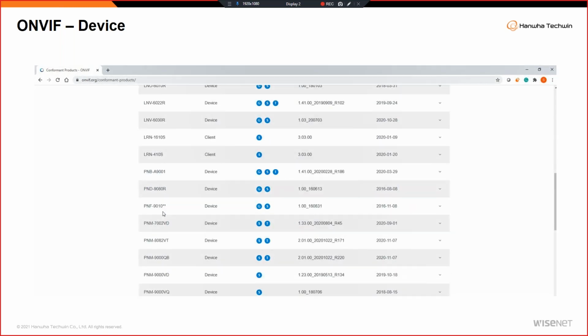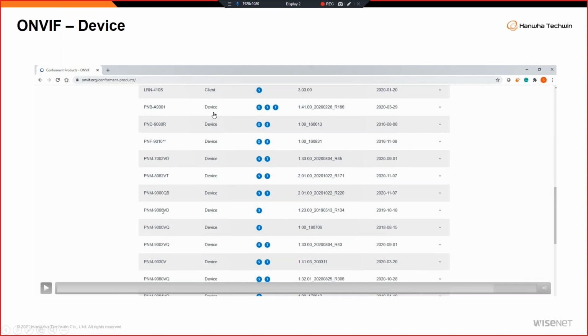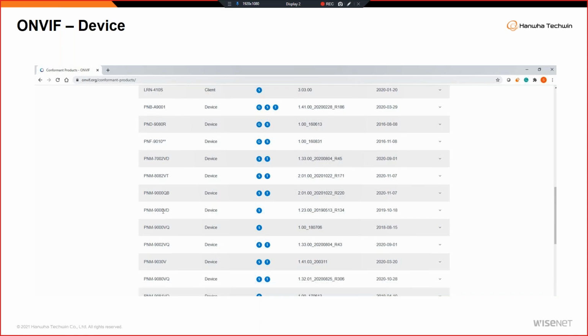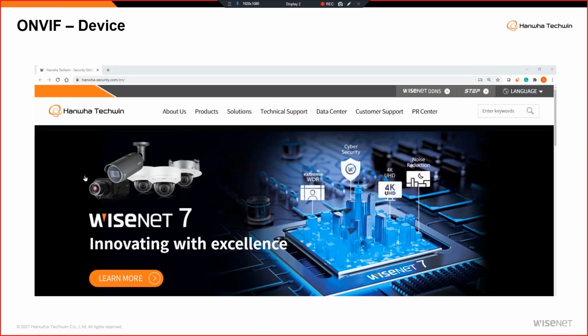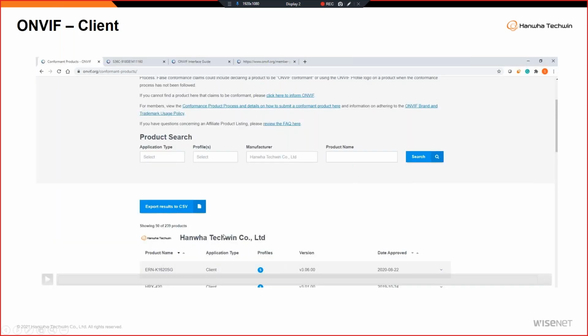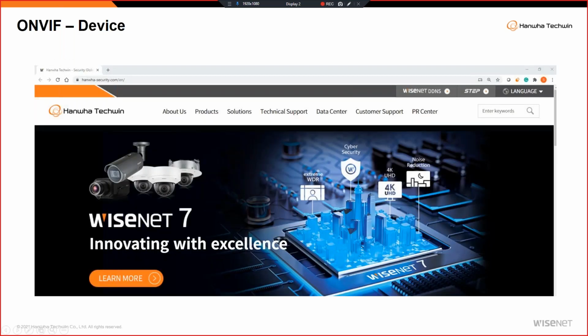Okay, now you will see there are two things: ONVIF device, ONVIF client. Device means camera, client means the guy receiving the camera, the recording unit or the video management system. That is called client. Both should support ONVIF. Okay, I hope that is clear. Now, there is always a benefit of using native language. Okay,